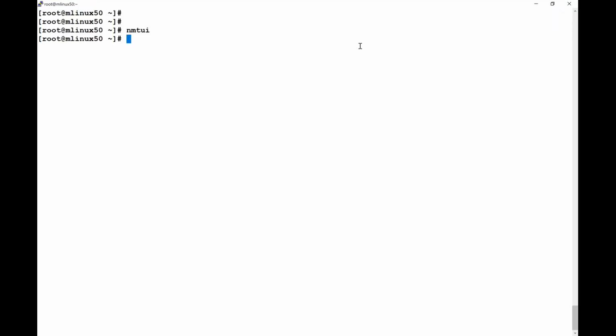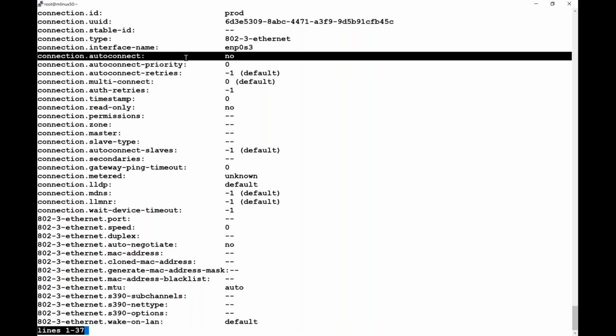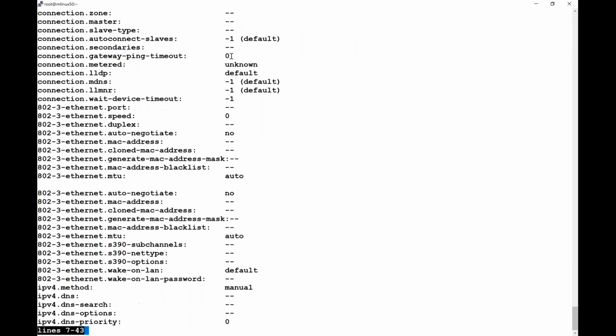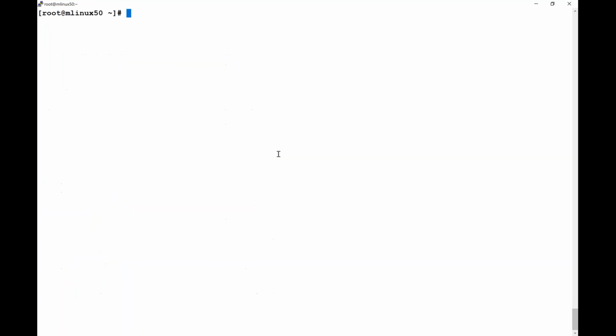So I just showed you how to make a change. Now let us say that I would like to modify a connection. Let's say nmcli con show prod. Now in this connection, I want to change the auto connect option from no to yes. It was set to no. I want to make it yes. Same way, if I go below, you see IPv4 address 70. Maybe I want to change it to 75. Two changes I want to bring in my connection. So what I'll do, I'll go with nmtui,